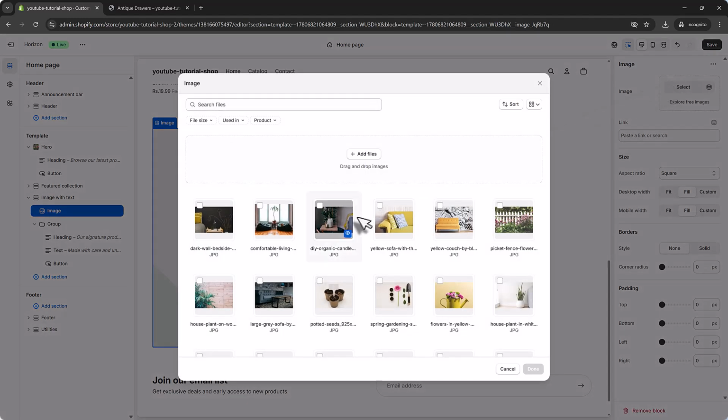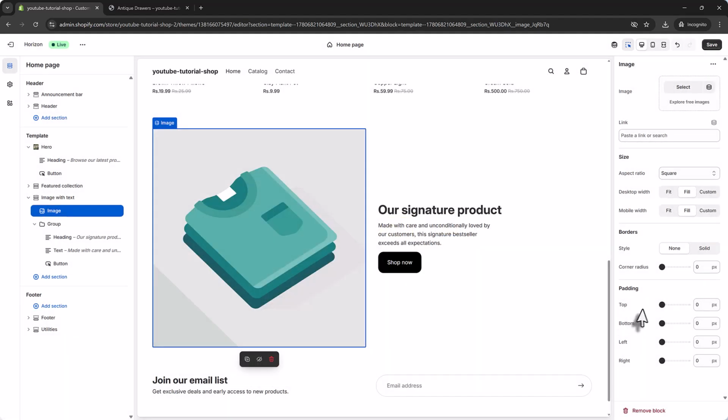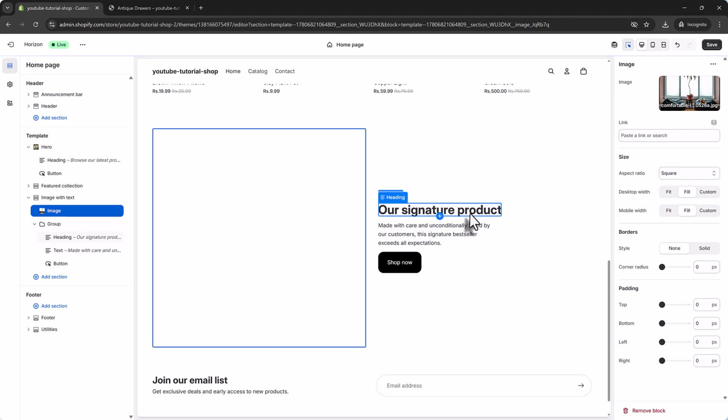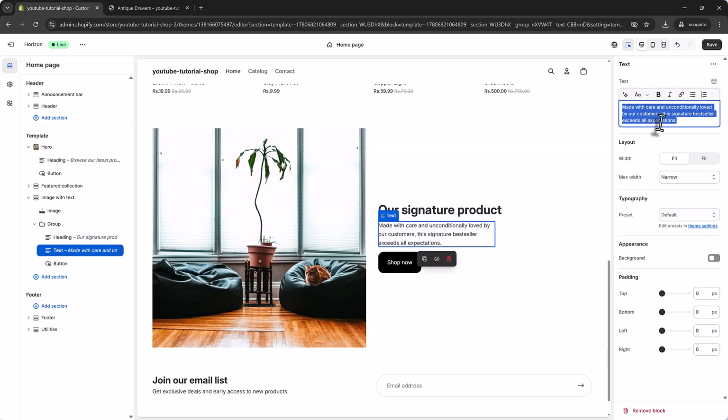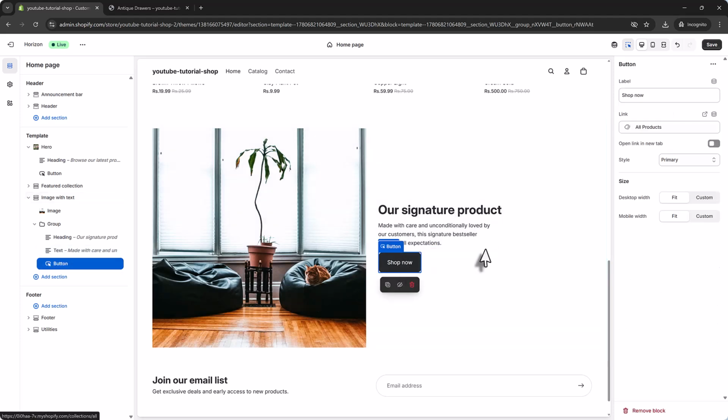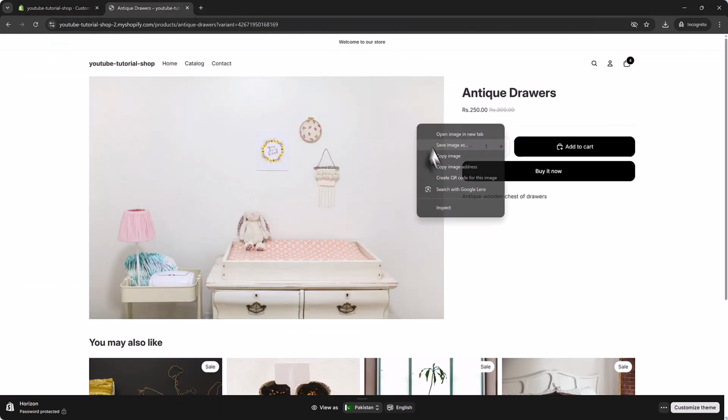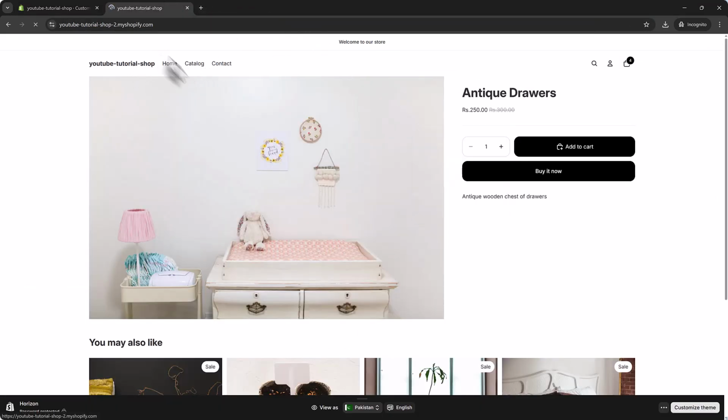You can select the image, let's say this image, and on the right side you can change the heading if you like, and then you can change the text, and you can change the button text as well. Shop now, you can change the label, and you can link this to all the products. If you save that and reload the home page,